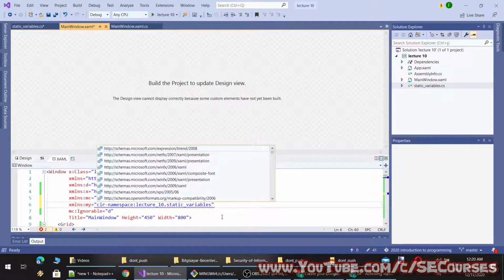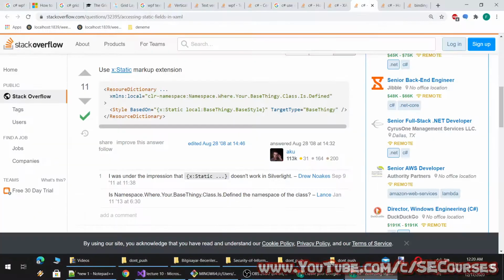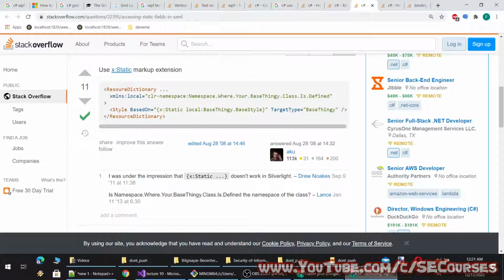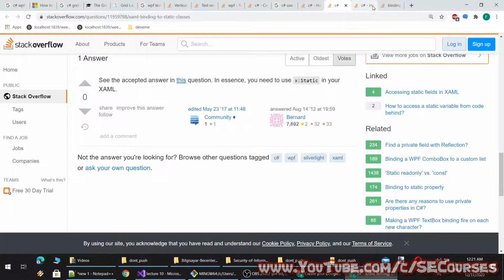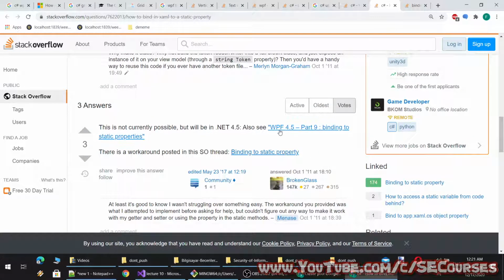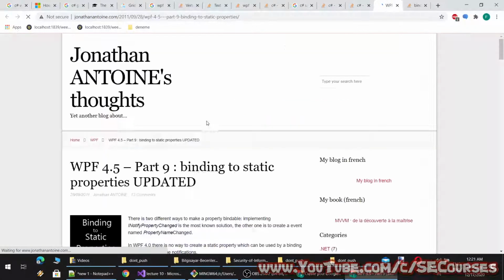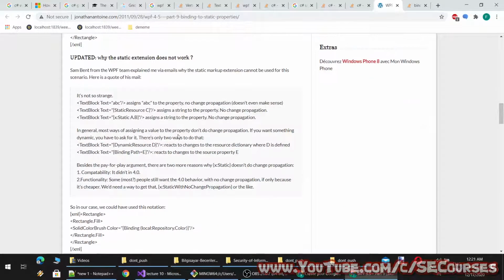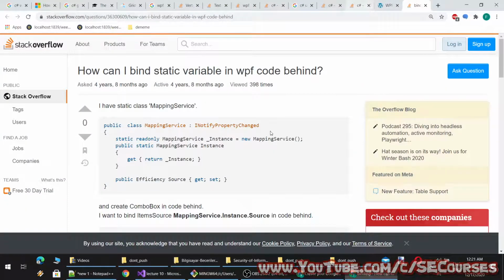Okay, so this is a new feature with WPF 4.5, and how do we do it? This is not a good answer.